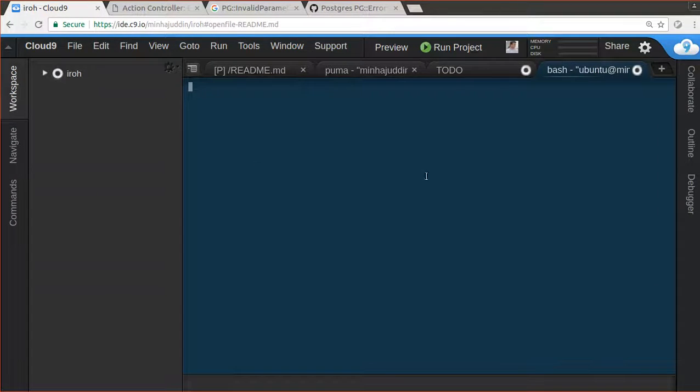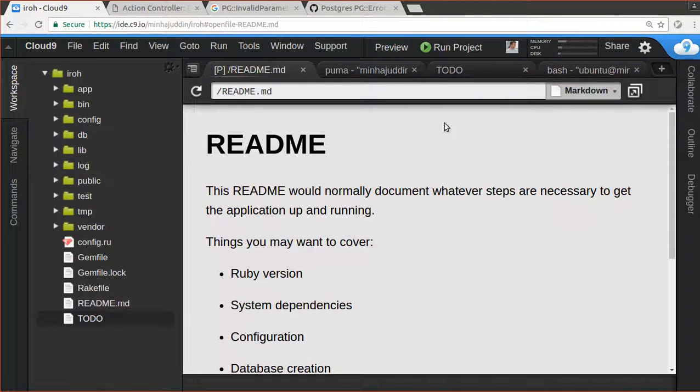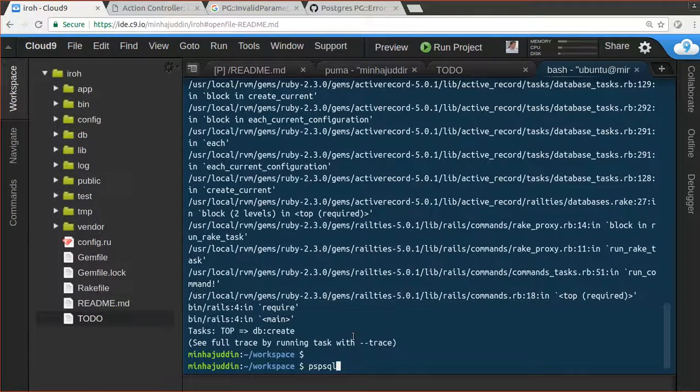So anyway, I'm just opening that back, and once it's open, I can log into the database and run those commands. Okay, so all right, let's go back to the terminal and